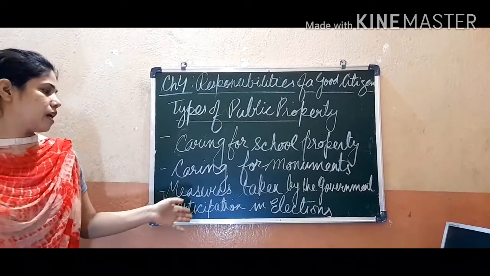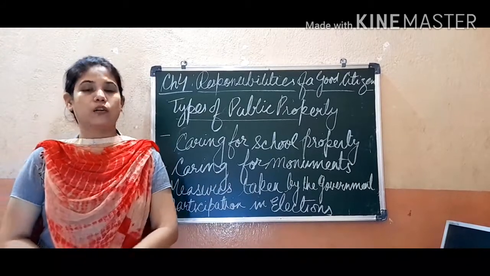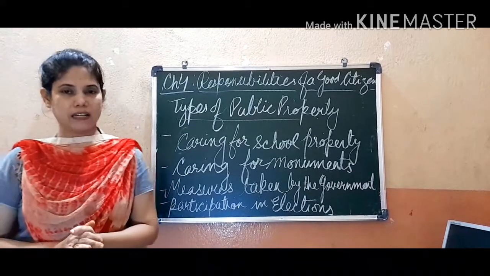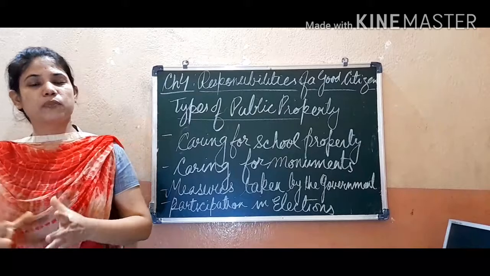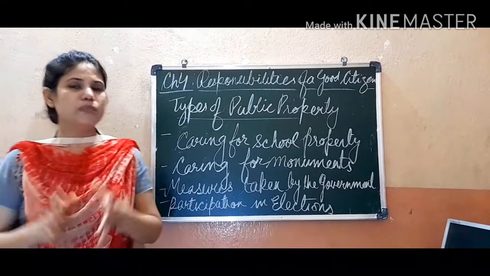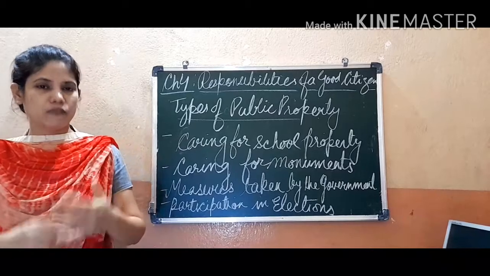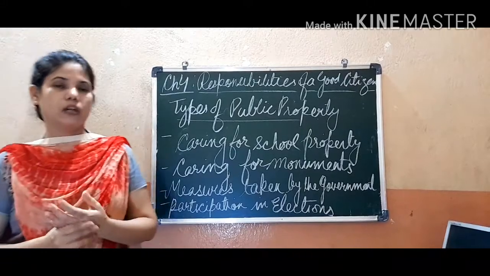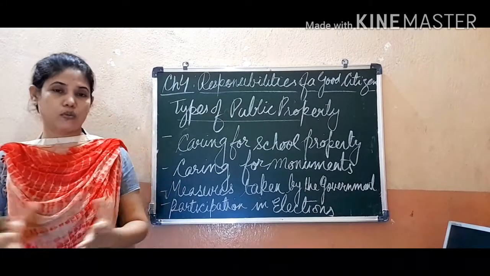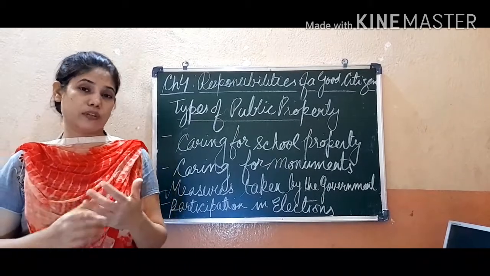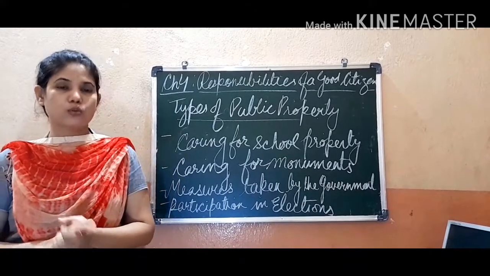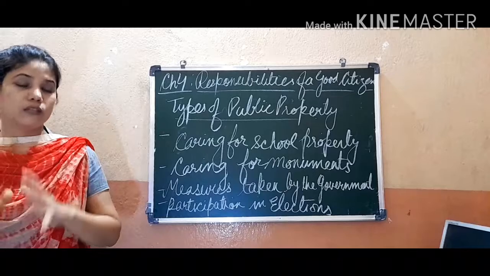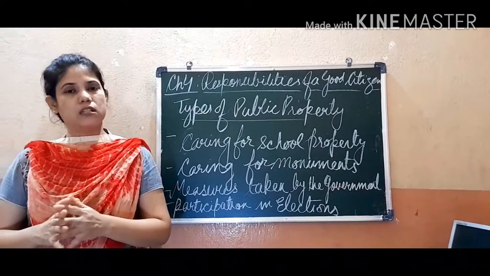Now next is participation in elections. The former US President Abraham Lincoln said about democracy that it is a government of the people, for the people, and by the people. It means that in a democracy everybody has a right to elect a government of his or her choice, to elect a representative of his or her choice to form a government. After attaining the age of 18 years, an individual